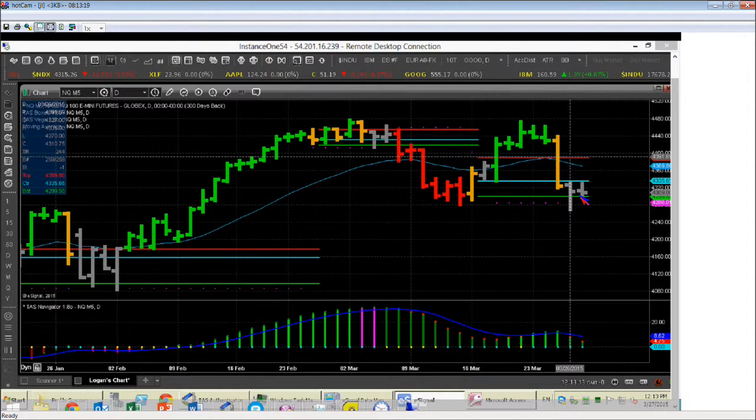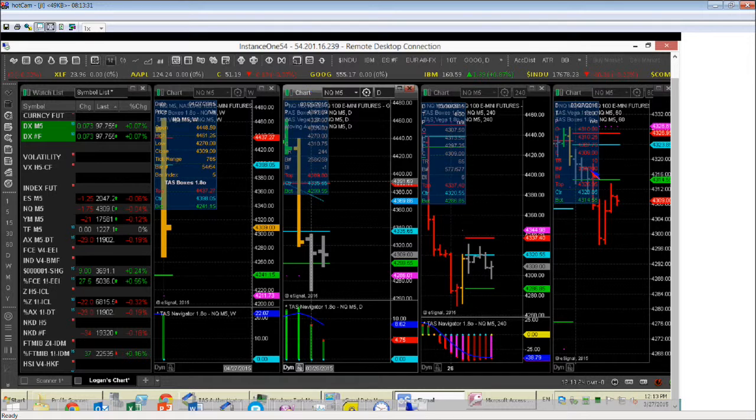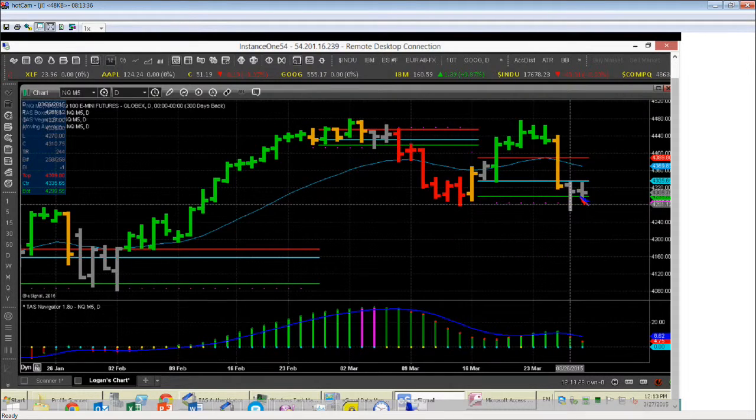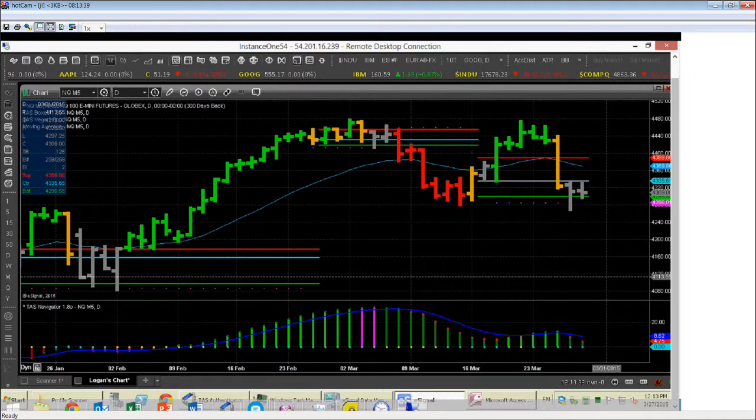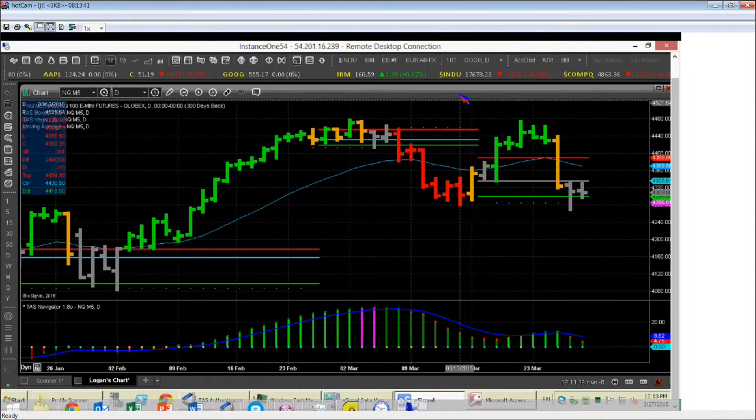You want to see things get away from major inflection points, and this seemingly is not happening with the S&Ps and the NASDAQ right now, which means that we could have some technical damage on both of these indices, and if that happens, it'll be, again, a lot of washout situations, and we could head much lower, namely down into 4170 on the NASDAQ and on the S&Ps. And I'm just kind of calling some numbers here.